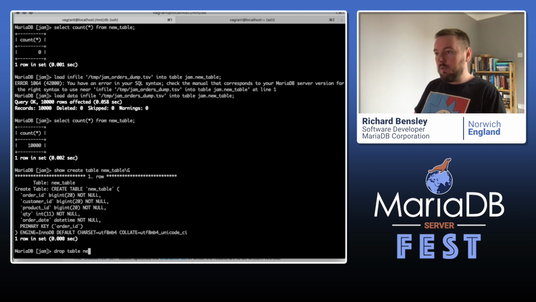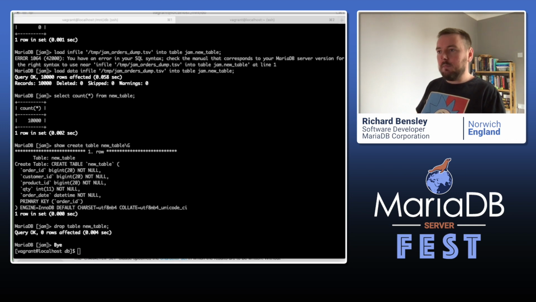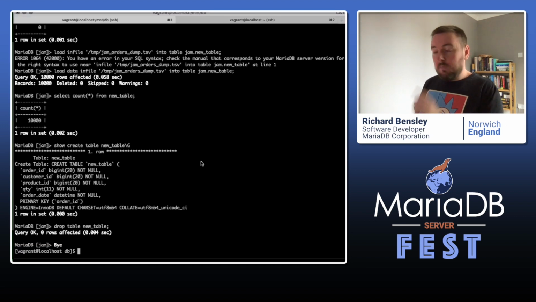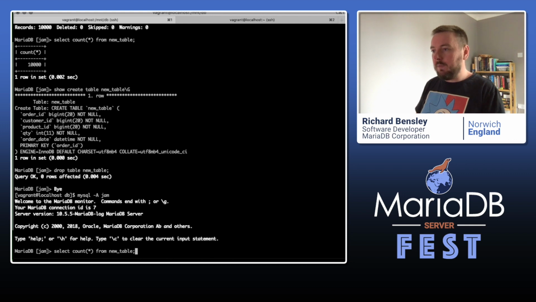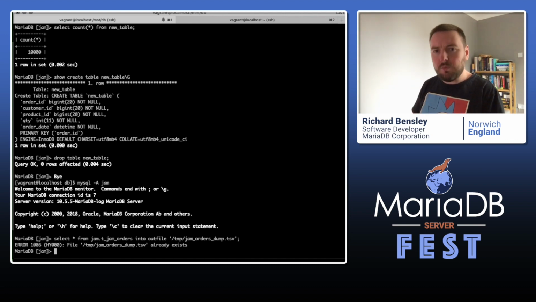Drop table, new table. I'll get back to where I need to be for the next little addition. Oh, just one caveat for in-file out-file. The only caveat which you might encounter when using this is that the file already exists, the out-file I created. So if I select star from jam orders into that same file, the file already exists. That's the only caveat with